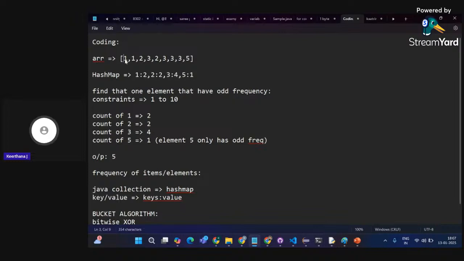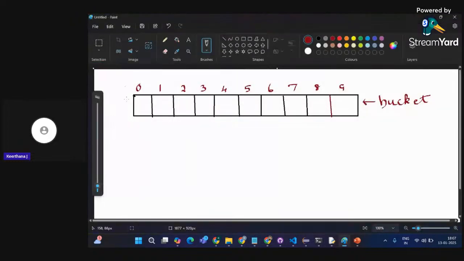What I'll be doing is, first of all, I'm encountering 1, right? So I'll be incrementing in this array. I'll be just putting B for bucket. So bucket of ARR of I minus 1. Here I is going to be my iterator.